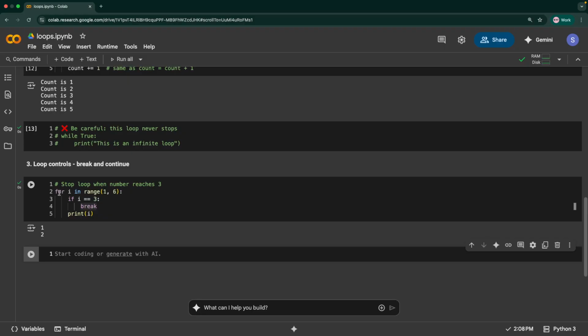So what happens is when the for loop runs for the first time, it takes the value 1. It checks if i is equal to 3. So i is not equal to 3, which means 1 is not equal to 3. So this would not break and we would print this value, right? And in the next case, this takes the value of 2. And again, it checks if the value is 3, it is not. So it would not break.